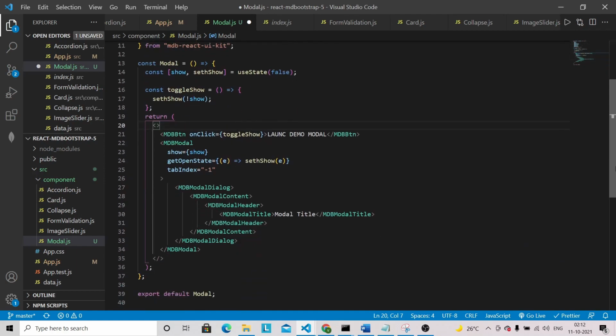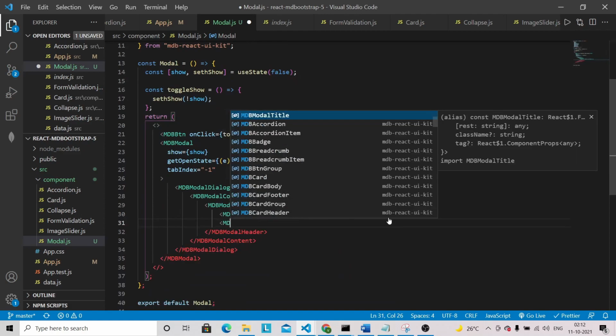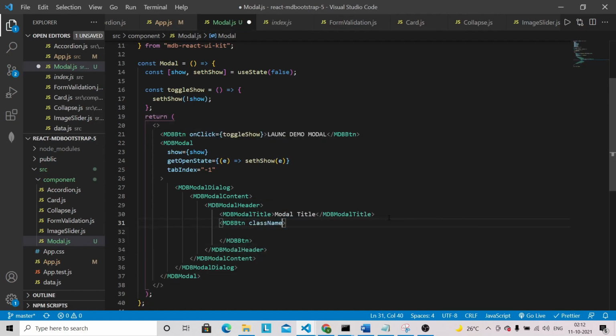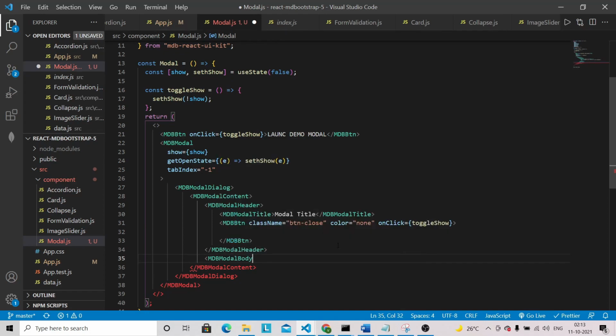Then we are going to have one button, so again I'm going to use MDBBtn, and it will have className btnClose, and color none, and in the onClick method again I can pass this method toggleShow. After the header we can have MDBModalBody.